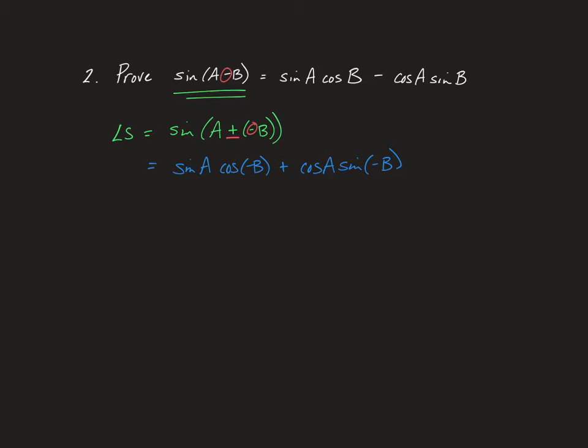Now as we're trying to make this left side look like the right side, I notice that on the right side of my identity, I don't have any negative angles. So my motivation becomes to eliminate my negative angles. And I have two ratios with negative angles. So if I can recall back to what we dealt with last time, I know that the cos of a negative angle is equal to the cos of a positive, and I know that the sine of a negative angle is equal to the negative sine of the positive. And so by substituting in those values,